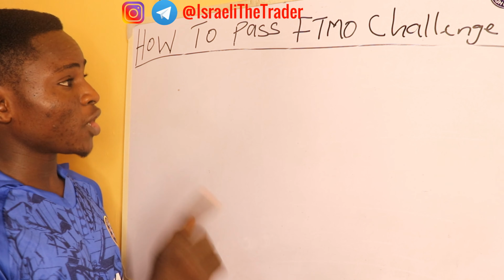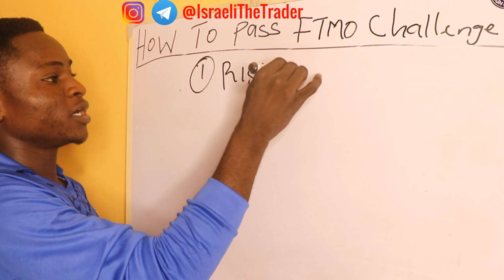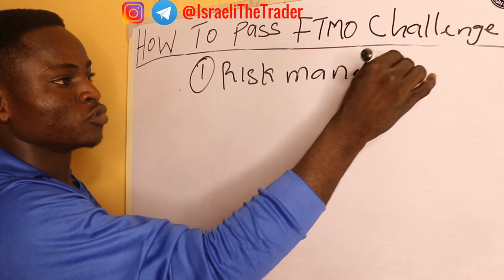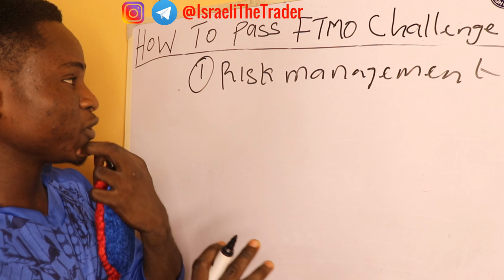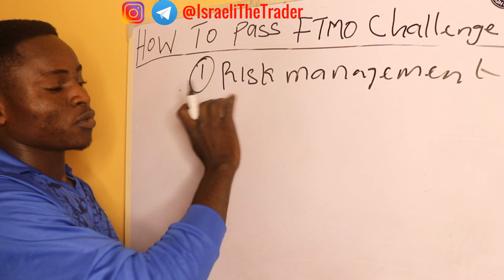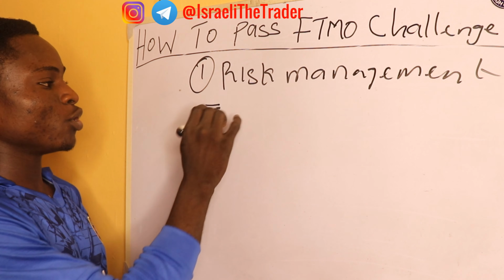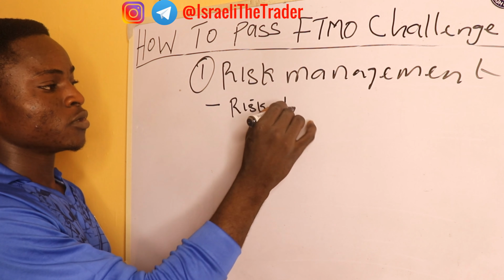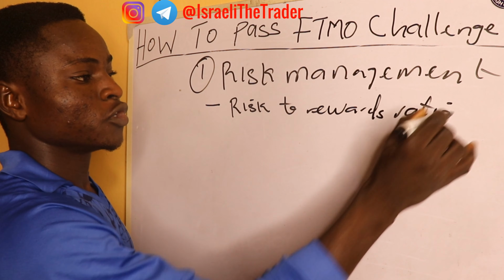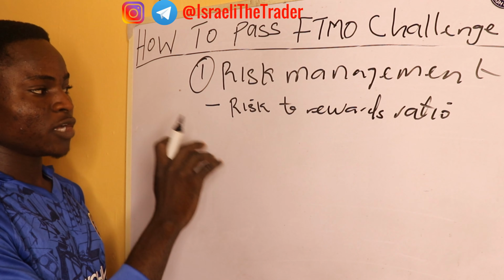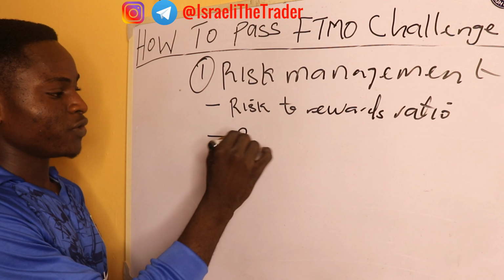So yeah, the first on the list is what I call risk management, right? So the first one is risk management. Under this risk management, we're going to have subtopics or subheadings where I'm going to show you exactly what risk management is, right? Under this risk management, what we are going to have right here is what we call risk to reward ratio. So we'll have risk to reward ratio, and also we'll have your risk